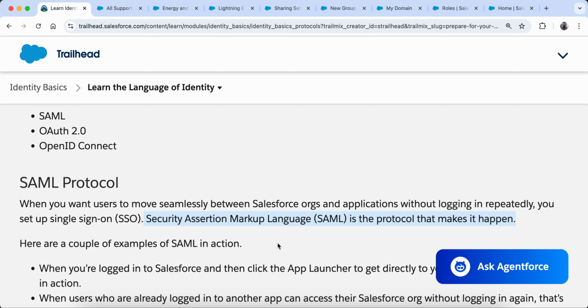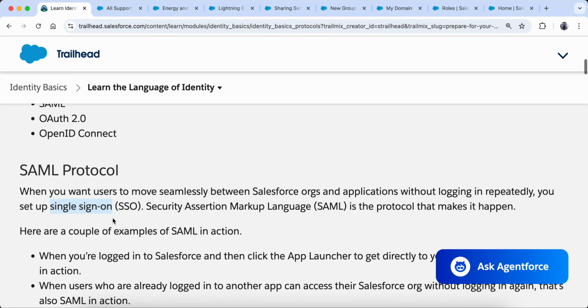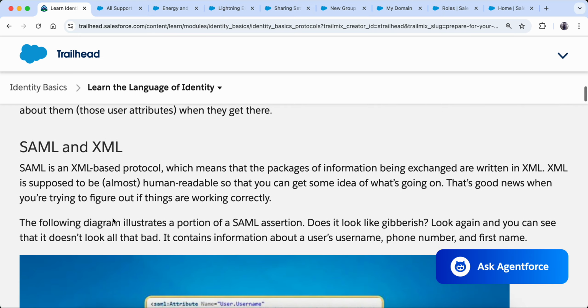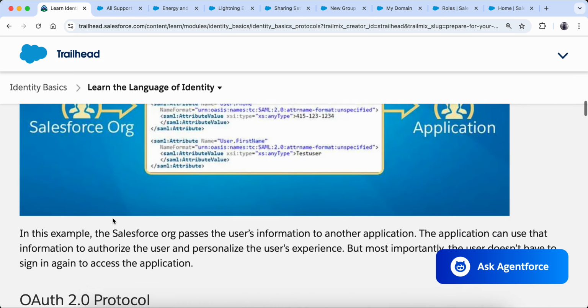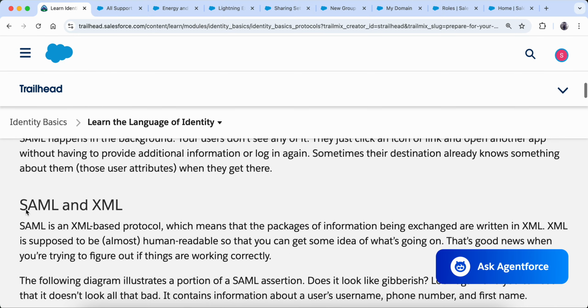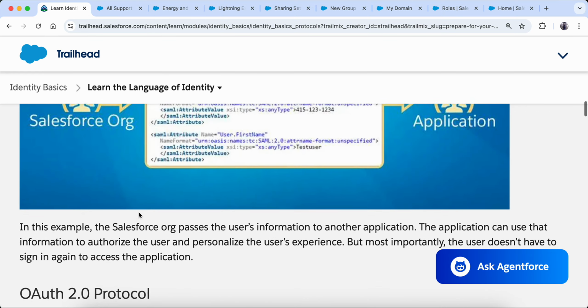That is SSO, right? And how is it happening? It is happening through this protocol, which is known as Security Assertion Markup Language. So this is the protocol behind SSO. That's why it is very important. You should learn about it, and also what it is doing combined with XML.